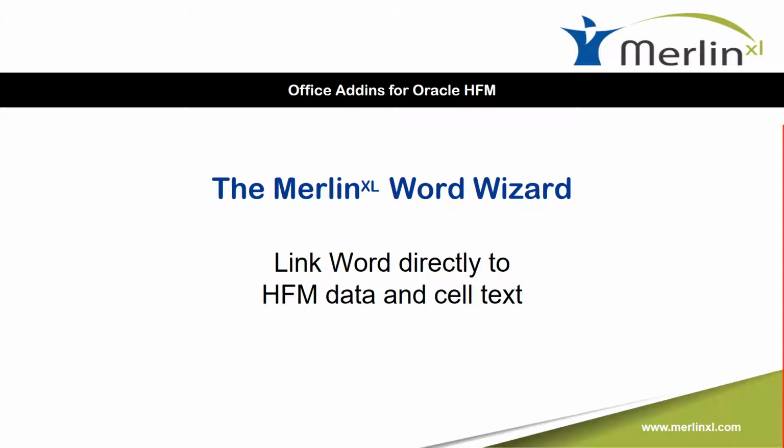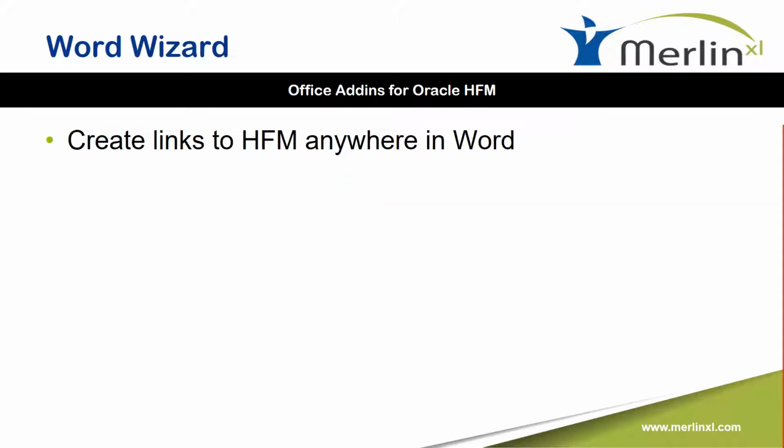The MerlinXL Word Wizard is an add-in for Microsoft Word, allowing you to link Word text and shapes directly to HFM data and cell text, without the need to use SmartView data points or Excel. And the links to HFM can be created anywhere in the Word document. Numbers in the middle of sentences can be linked to HFM data, and shape objects can be linked to HFM